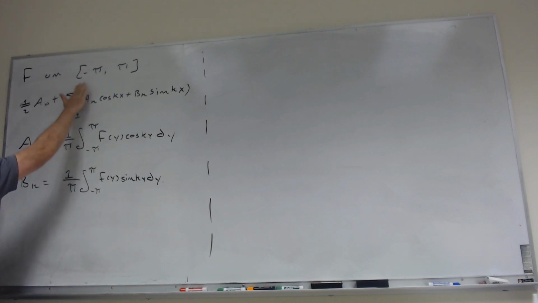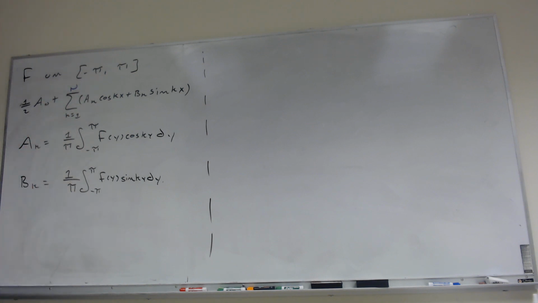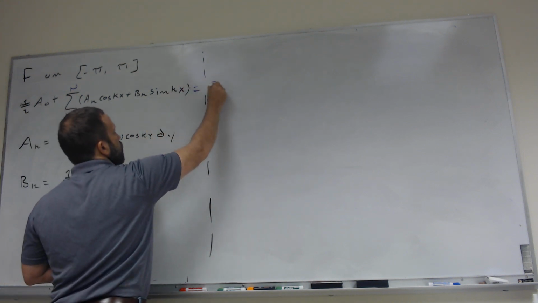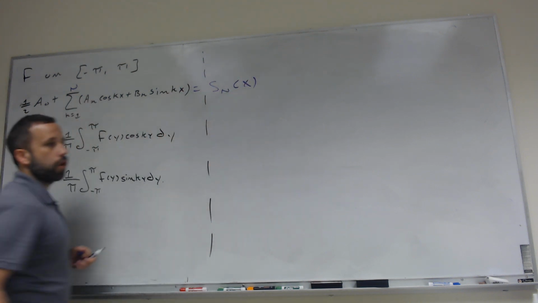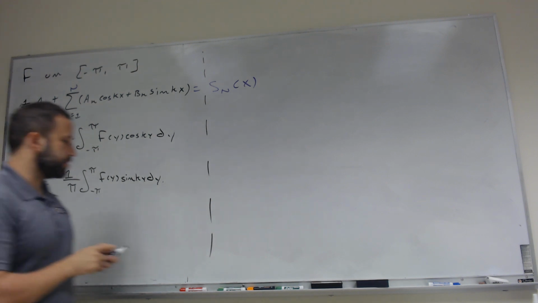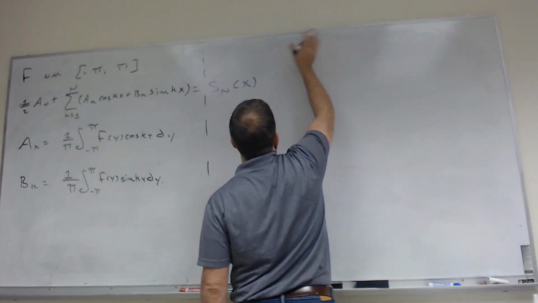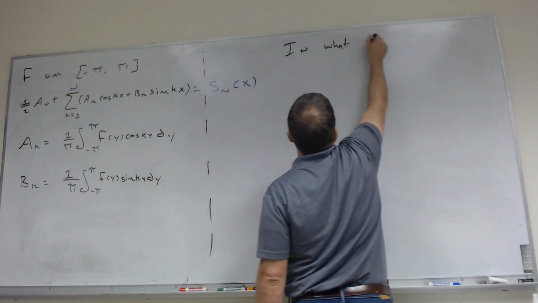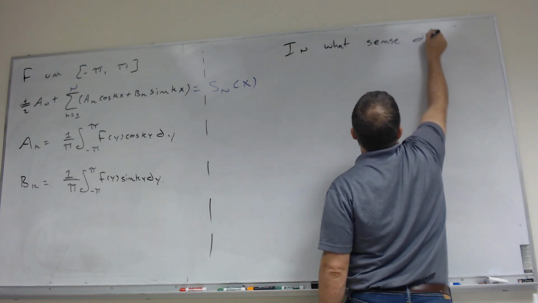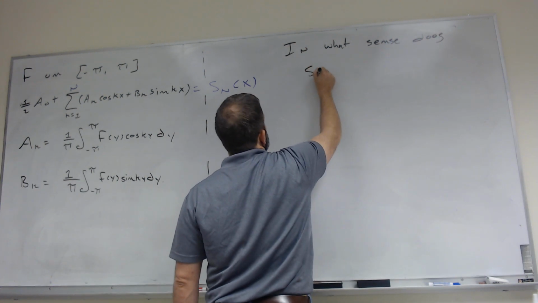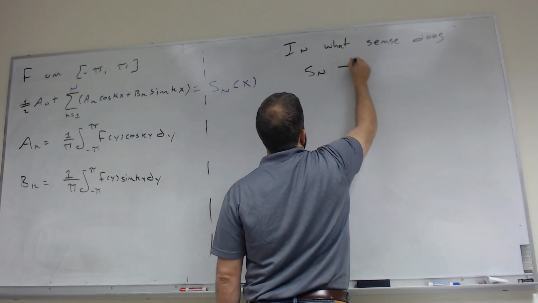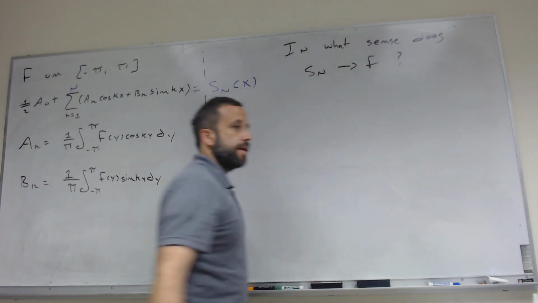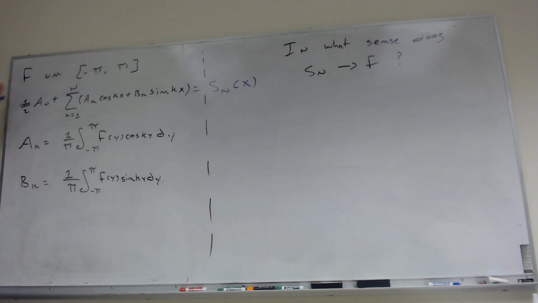The better way to ask this though is to put it in here, so we're just looking at a finite sum. Okay, if I put it in there, everything is well defined. And let's call this S sub n of x, meaning the partial sum. And so the primary question that we're going to ask is, in what sense does the partial sum of the Fourier series converge to f?